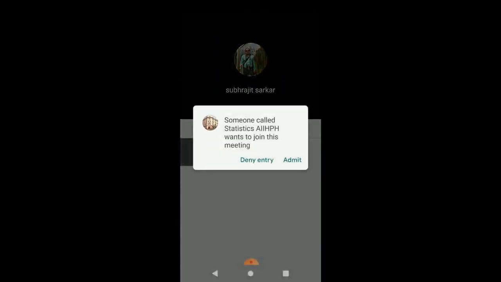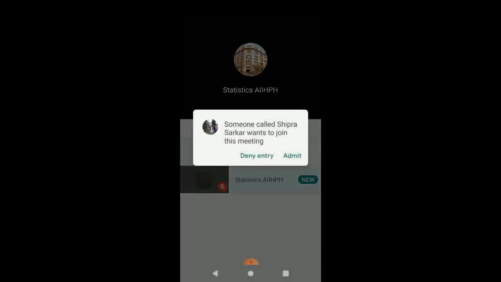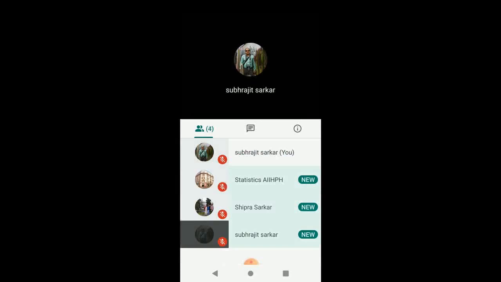Whenever someone is joining, you have to give permission to join the meeting as you are the host. So one participant, then there is another one, and so it is showing us that we have 4 participants.